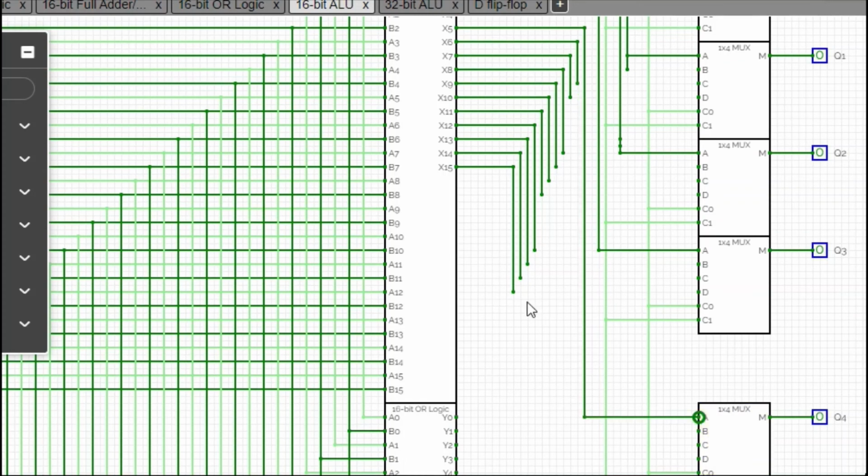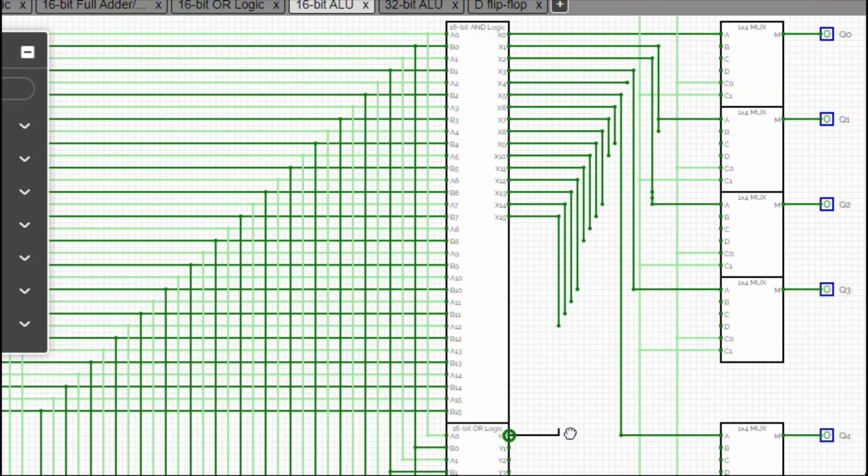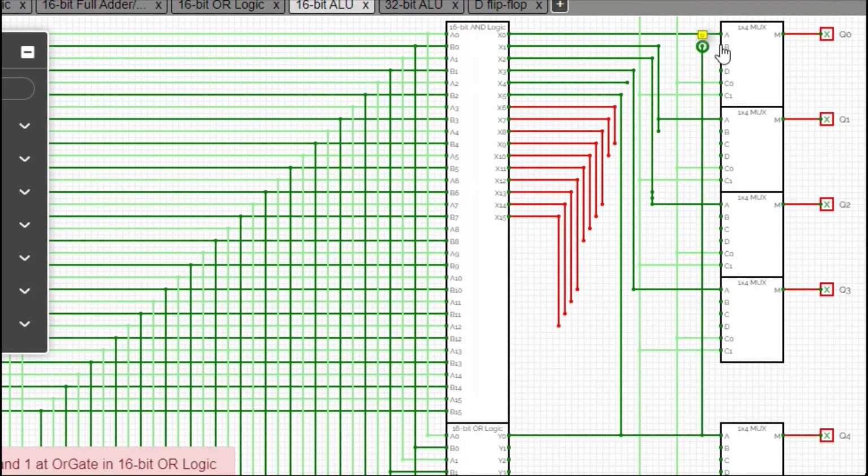This is your X4. Similar way we will do it for the Y0. Here is your Y0, and now you take it and connect it to this input B. We will remove this connection.